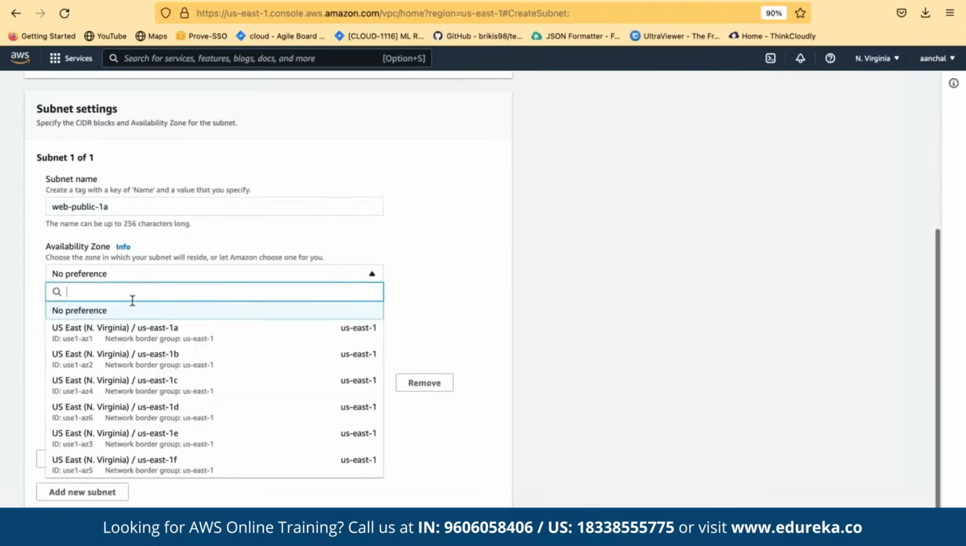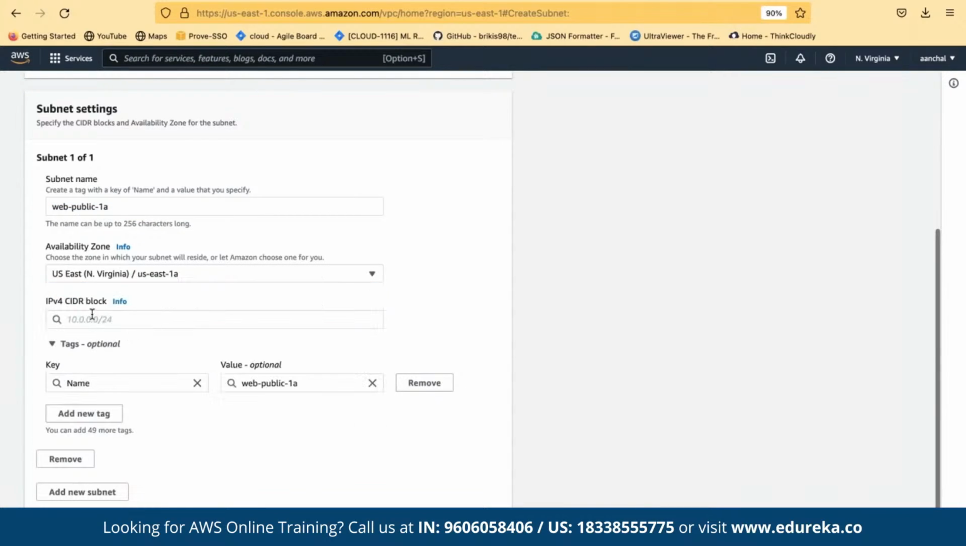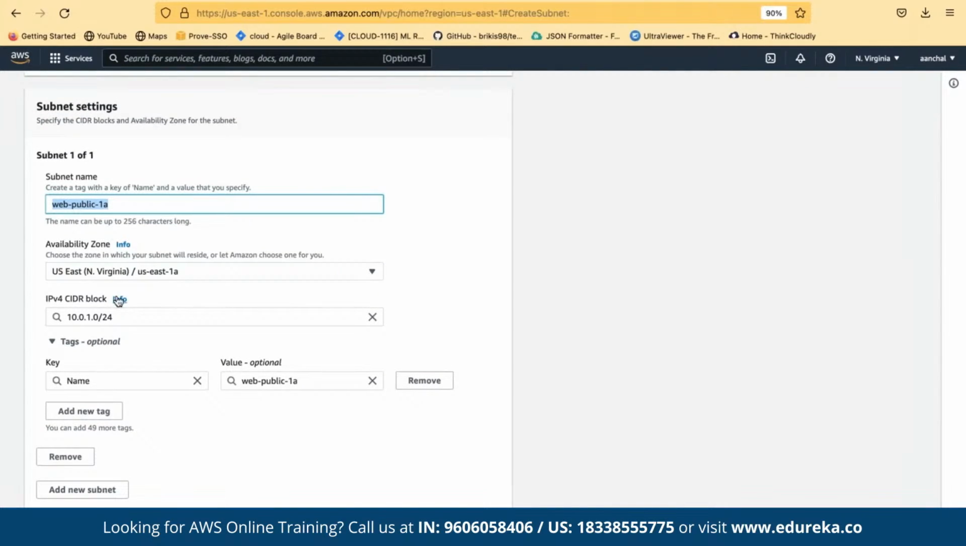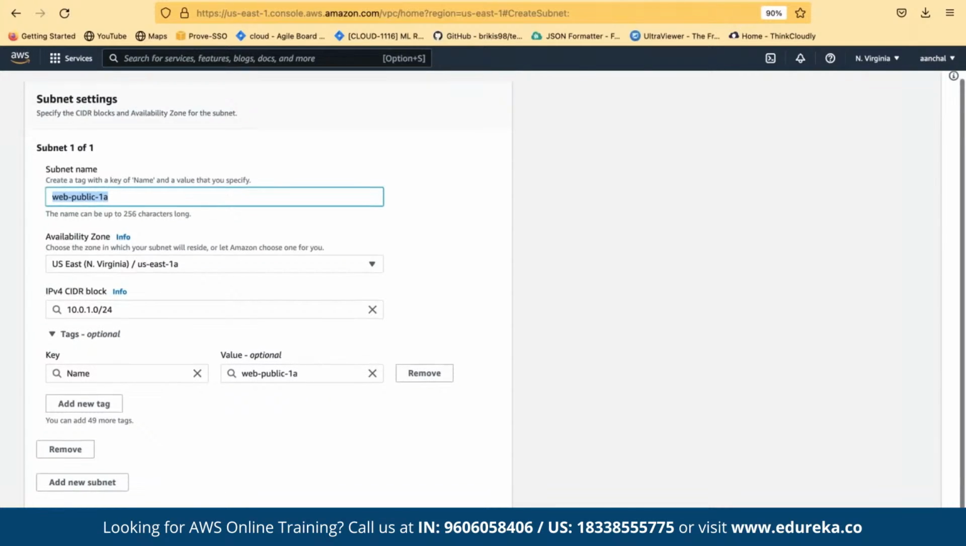I'll go with 1A availability zone. Say 10.0.1.0 is what I'm giving, following the naming convention. And I'm selecting the availability zone 1A because I'm giving the naming convention as well. So when you create a subnet, give a beautiful naming convention, so you know what is public, what is private and all. And I'll create another